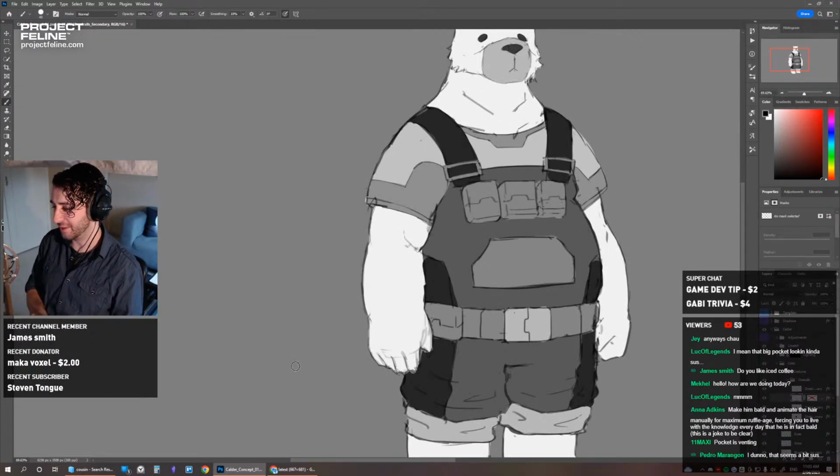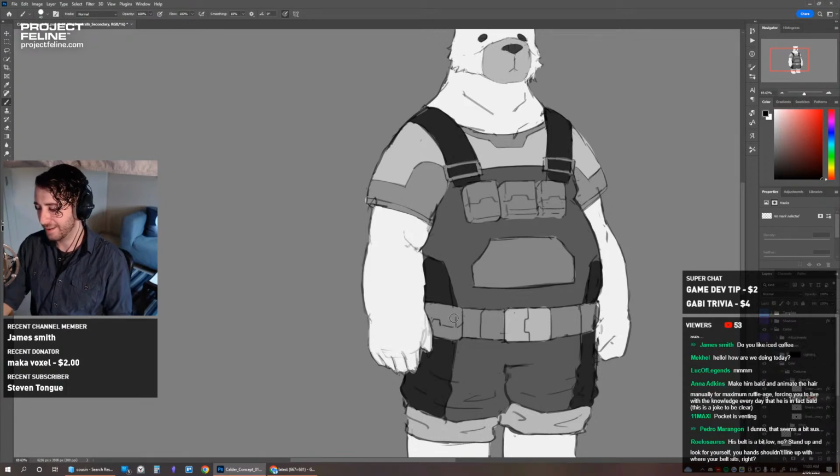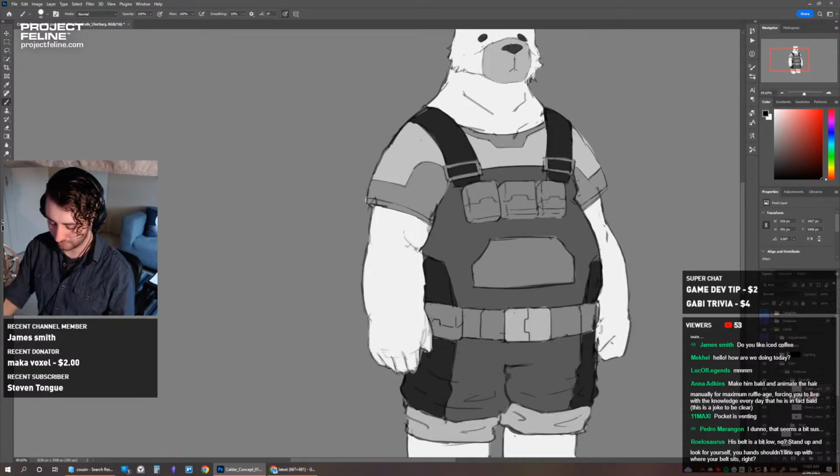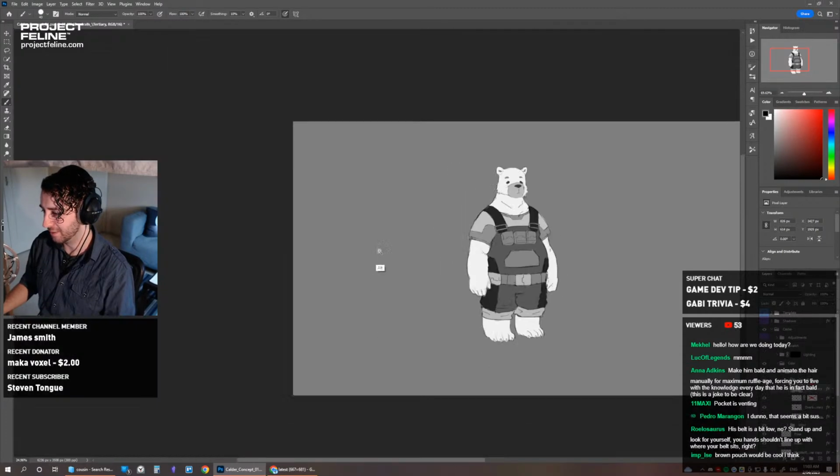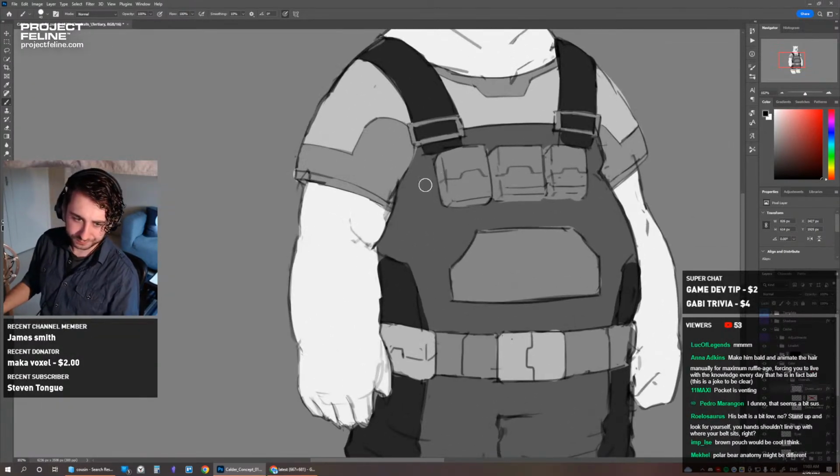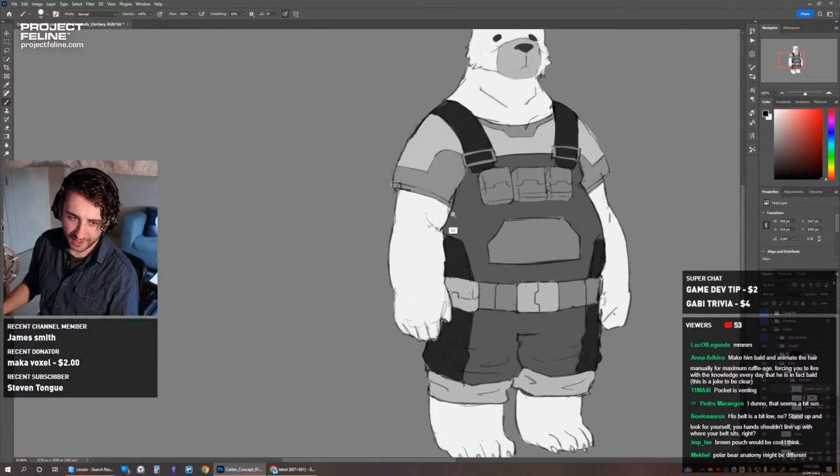Maybe the value will be the same, but the color will be different. Because these are just black and white, maybe the pouch can be an orange, and the belt could be gray, perhaps. But I think what I'll do is just use this layer. So it looks like these are going to be the same color, but they're not. I've got to remember that it's going to have the same value, but a different color. Brown pouch? Yeah, maybe.